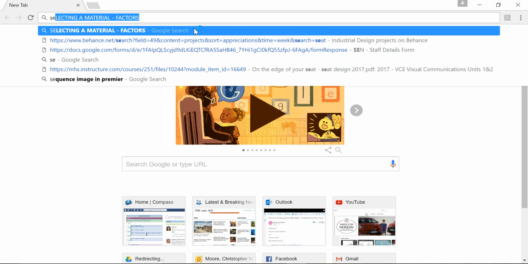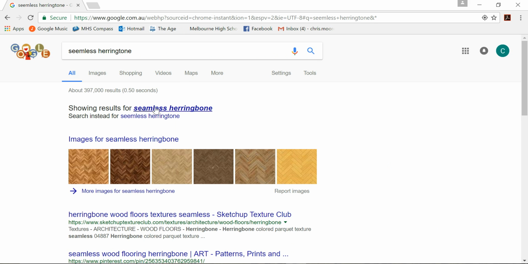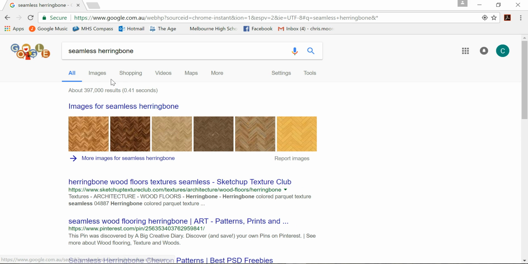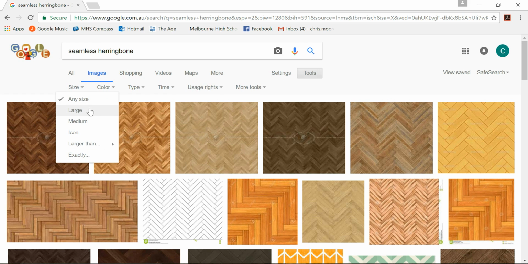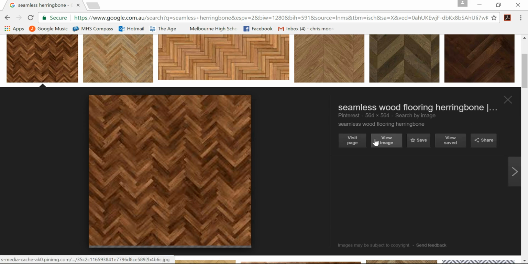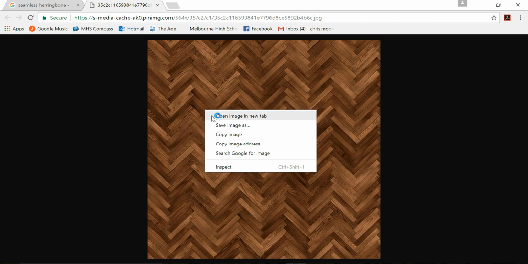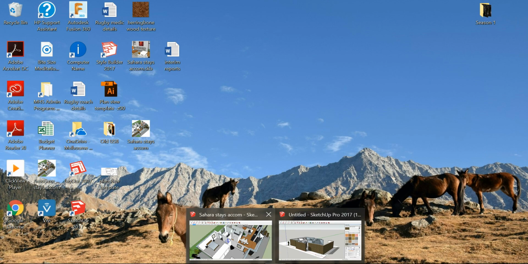Googling seamless texture you want. Make sure you spell seamless correctly. Images, tools, size, and medium to large tends to work the best. And there's our texture there. Full view, copy or save it, and then as I've done previously,